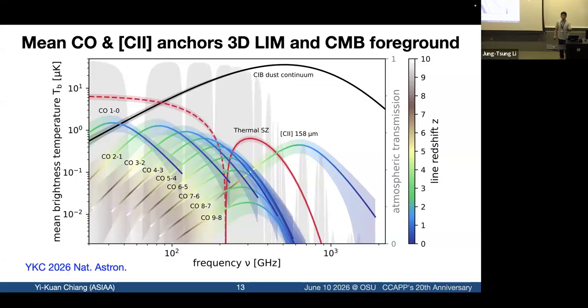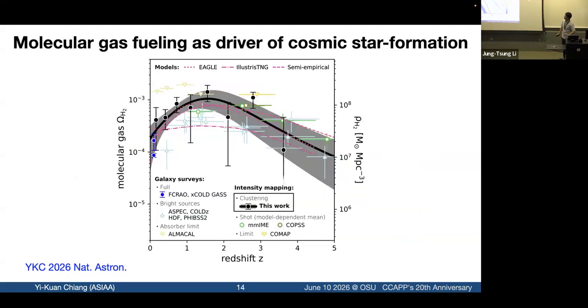And if you're an instrument builder, you want to look at these posteriors in the observer frame. So now these are observer frame brightness temperatures of these lines. Each line enters at redshift 0 at its rest frame frequency, but at high redshift, it's going to shift to the left, to a lower frequency. So if you're building an instrument here, for example at 100 gigahertz, from this empirical measurement constraint, you know which CO line is dominating the line background.